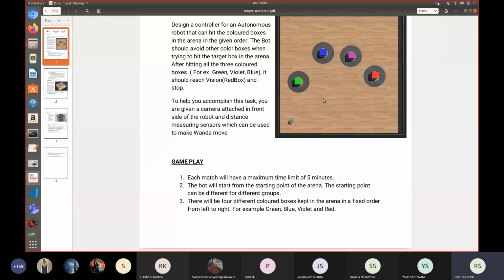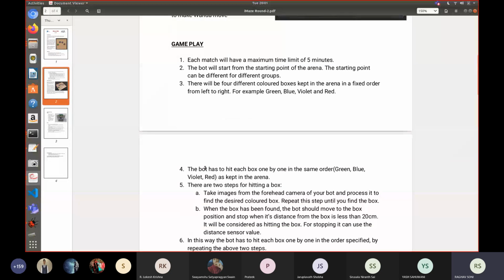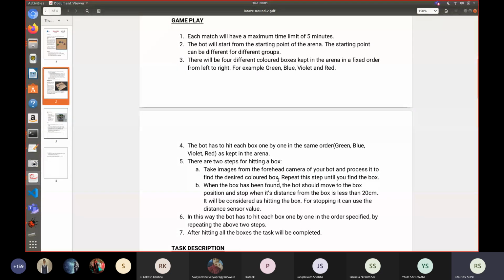So the bot has to hit each box one by one in the same order in which they are kept, taking images from the forward camera, going to that box, and repeating until you find the box.